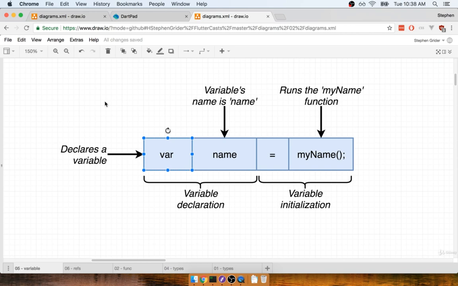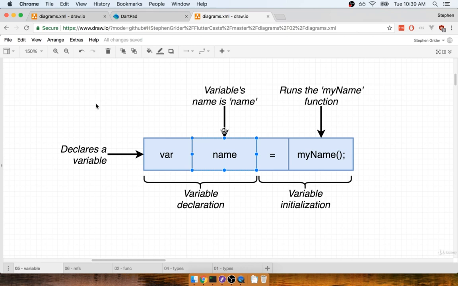So we're going to talk about every little chunk inside of here, starting off with the word var on the far left-hand side. The word var declares a new variable. This is one way of many in which we can declare a new variable inside of Dart, and we'll very shortly see some of the other ways. Right after that, we put down the variable's name. In this case, the name of the variable was simply name.